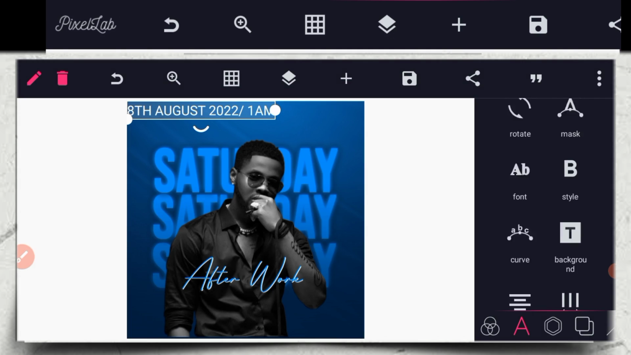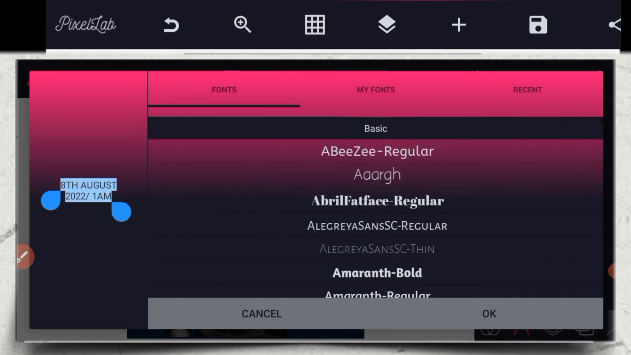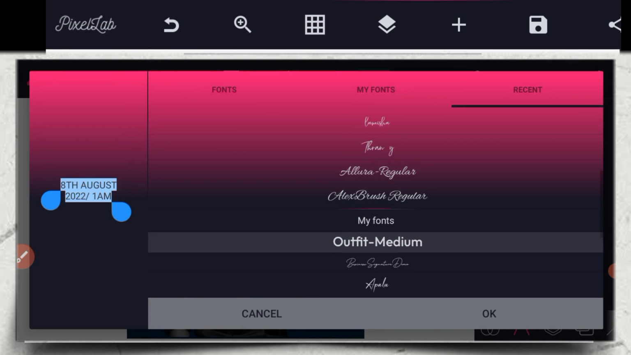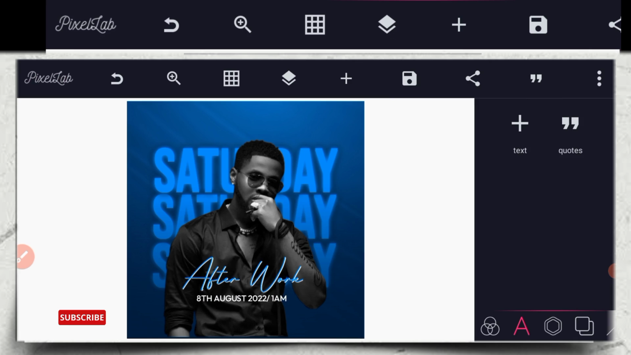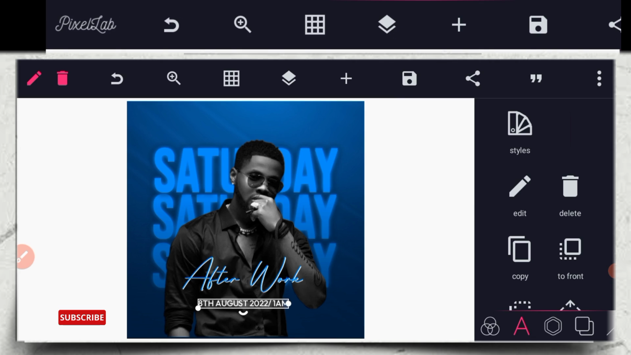Sorry, your font. Then change it to Outfit Medium. So I'm using Outfit Medium for it. So after that, you have to decrease it a little bit. Then you place it around there. So let it be balanced. So good. So after that,